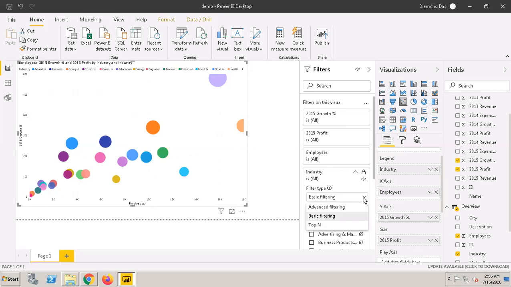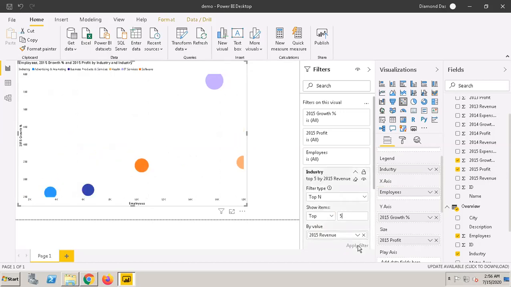Now I can do some basic filtering, or I can just use the Top N option. In the Top N option, I can bring in revenue, and then I'll choose top five by revenue. Then I'll apply the filter. So you see, now I have filtered my data to the top five.